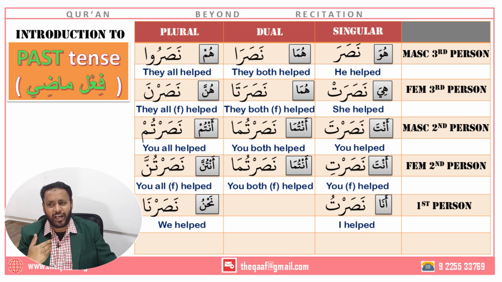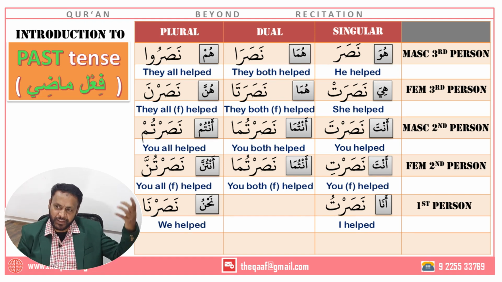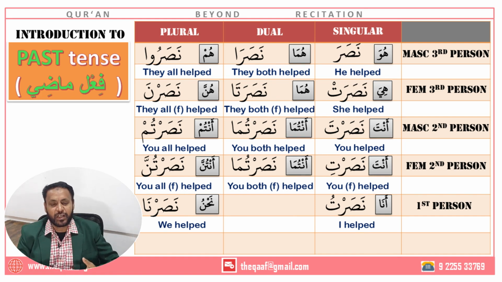Okay. So next is ana. Ana, we were told that ana means "main", ka opposite tu. So nasartu. And what about nahnu? Nahnu was the same as the female plural with the alif. So nasarna. That's how you recall it. So slowly you will get used to it and you will be like nasara, nasara, nasaru, nasarat, nasarata, nasarna, nasarta, nasartuma, nasartum, nasarti, nasartuma, nasartunna, nasartu, nasarna.